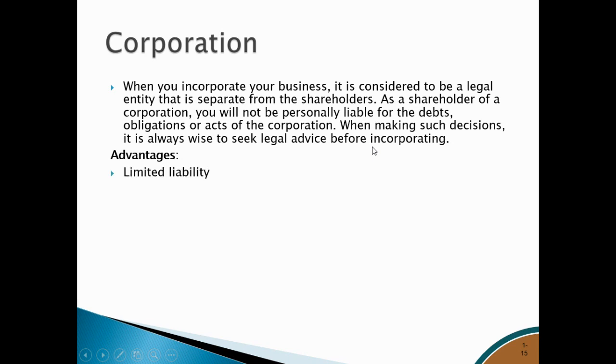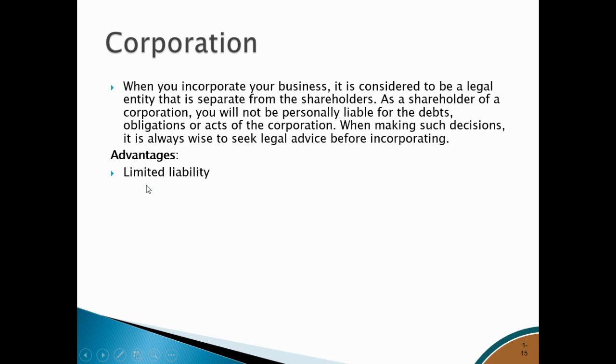Okay. So let's look at the advantage: limited liability. You learned unlimited liability earlier. Now you have limited liability, which means if you invest 10,000 ringgit and purchase company shares, you purchase the shares for 10,000. When the company goes bankrupt, when the company has debt, the most you would lose is 10,000, nothing more. They're not going to come up to you and claim your assets. So that is called limited liability.